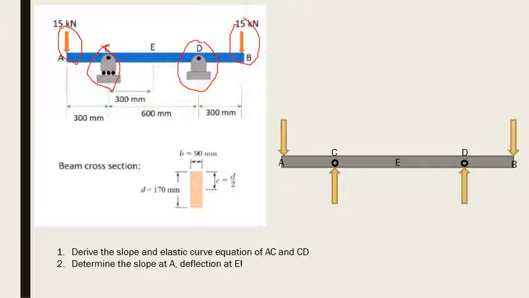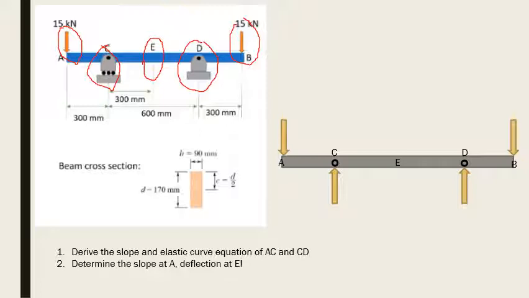Then we need to derive the slope and elastic curve equation of ACD, and find the slope at A and the deflection at A. A is the middle of the beam. As usual, the first thing that we can do to find the answer is